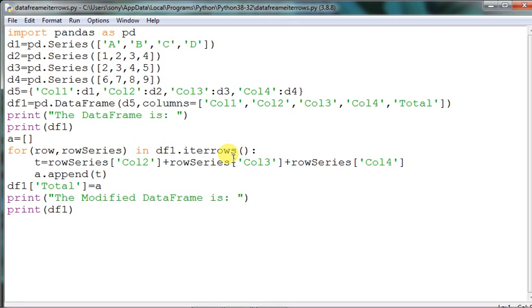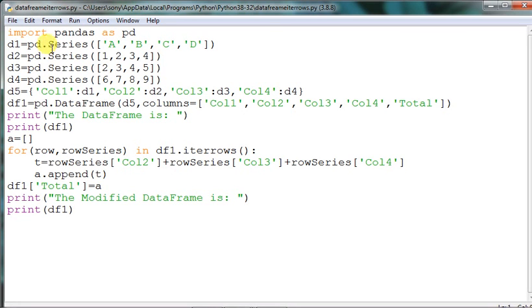Whenever you do the programs, try to do it with all types. Learn how to generate data frames from different types of elements, like from series, from list, from dictionary, from a dictionary inside a dictionary. Different forms are there.